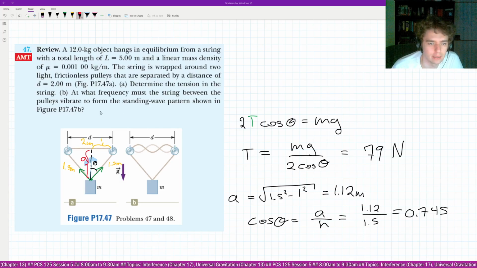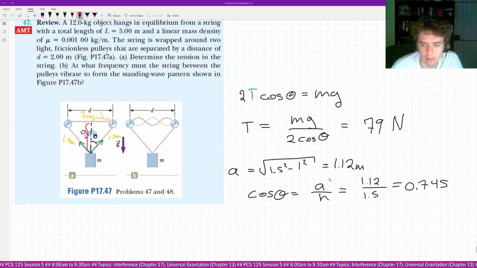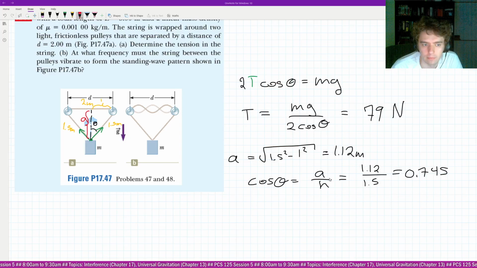And once we find that, it's pretty easy to do part B, so we're okay with part B. Oh, you just solve for cos theta generally. Okay. So you didn't even need to solve for the angle. I just calced